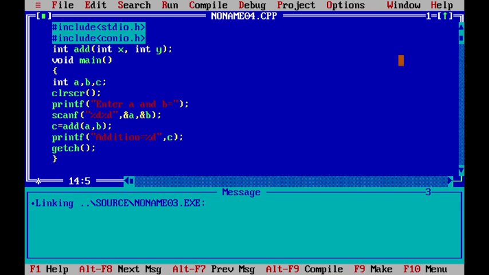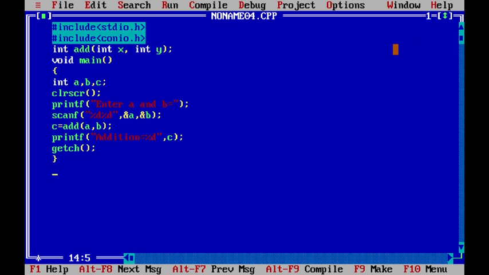Okay, now we want to define the user defined function, that is int add, int x, int y. Since we assign a to x and b to y, return x plus y, bracket completed.